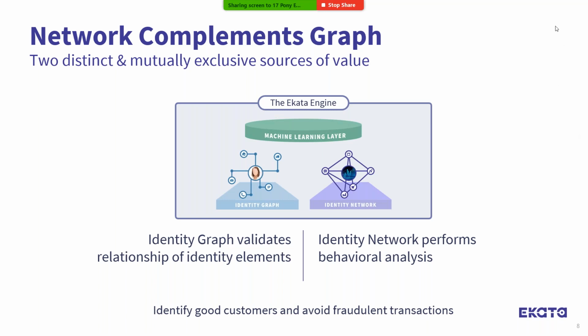Like Stacy said, this is also why we take a specific approach to our identity network, which you can see on the right. We use our network, which is our data set of billions of online transactions provided by customers, in conjunction with machine learning to perform behavioral analysis. We're not like consortiums in the industry where companies may blacklist or label identity elements as fraud, but our approach allows us to apply machine learning and identify the good and bad activity to tailor to our customer needs and use cases.